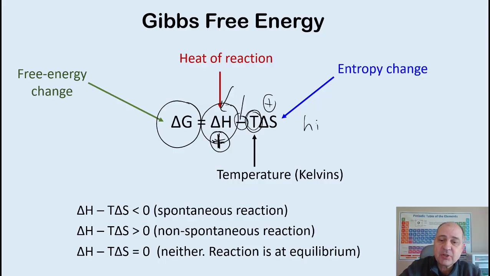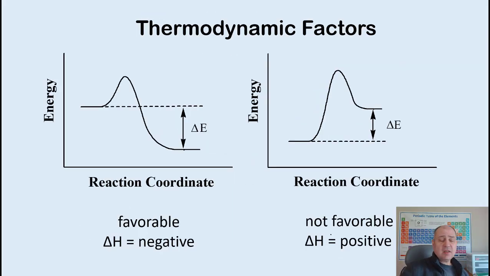So a higher temperature will increase the entropy term, which, because of the negative sign here, could make up for this positive enthalpy, right? We'll revisit that in a minute, but for now, if delta G is negative, we have a spontaneous reaction. If delta G is positive, we have a non-spontaneous reaction. And if it's 0, it's neither. Okay, so just as a review,